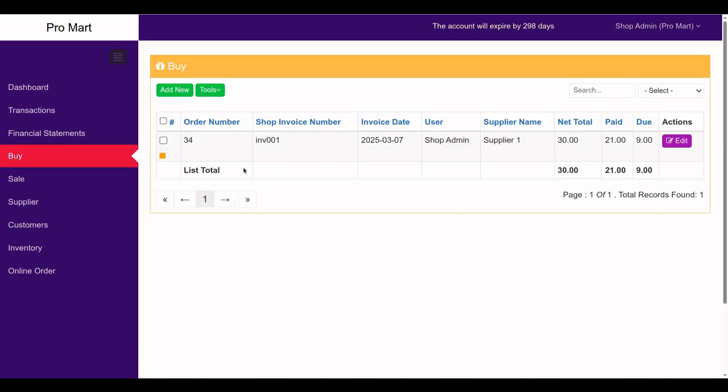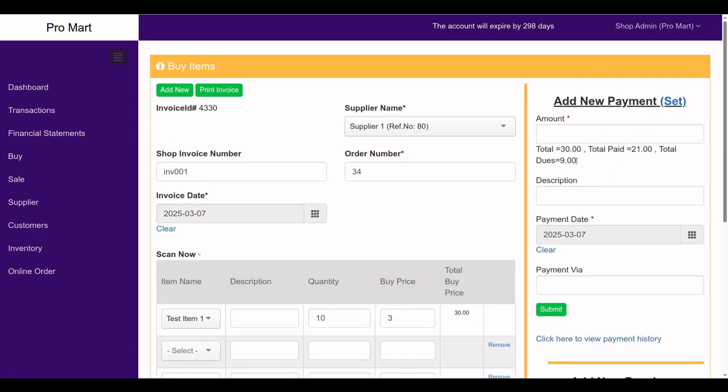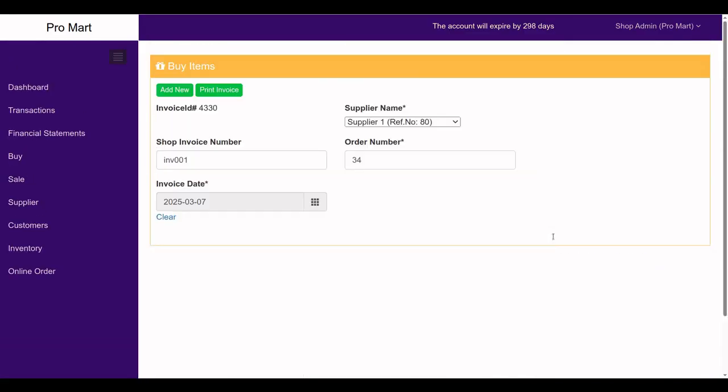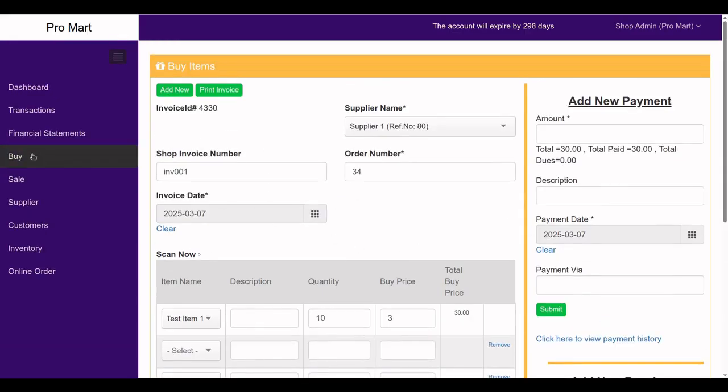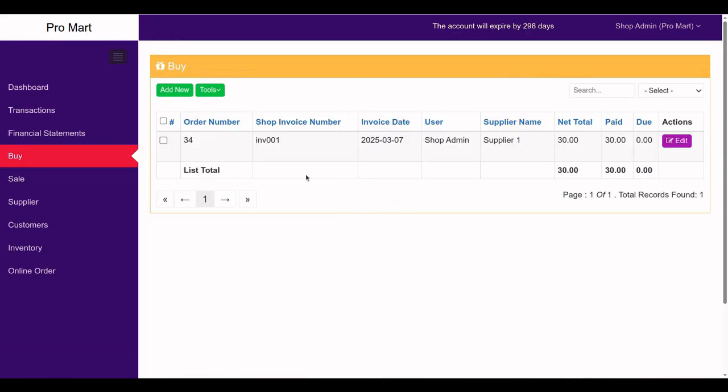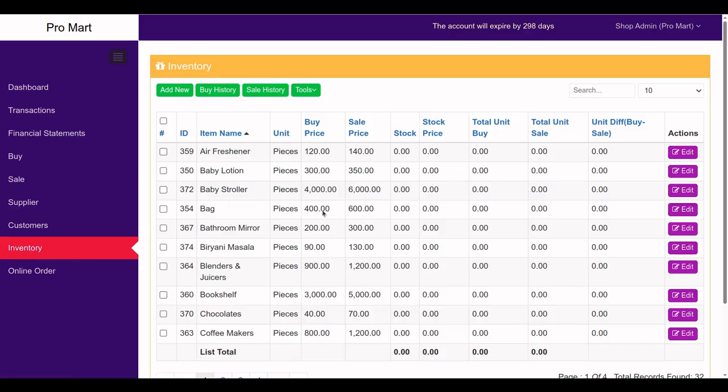And let's say we pay all the remaining 9 amount, click on this set, the 9 will be set, and you just marked it as paid. So this is your invoice, and all the items have got to your inventory, and all the amount is paid. And if I go to the inventory,